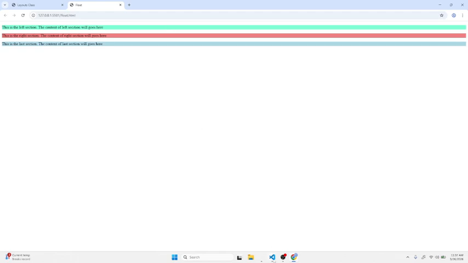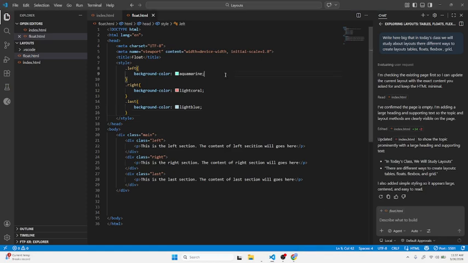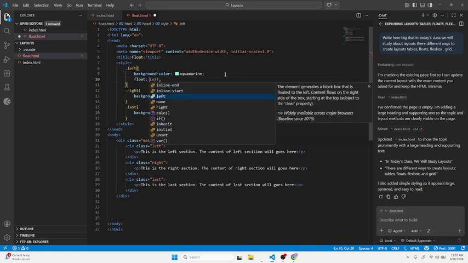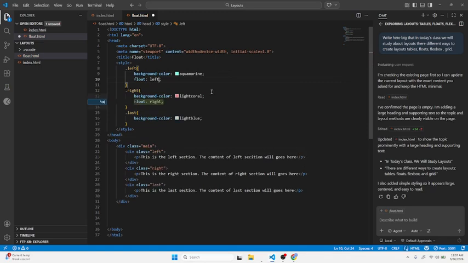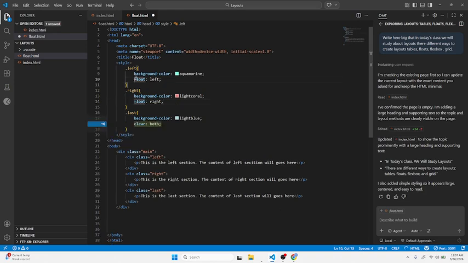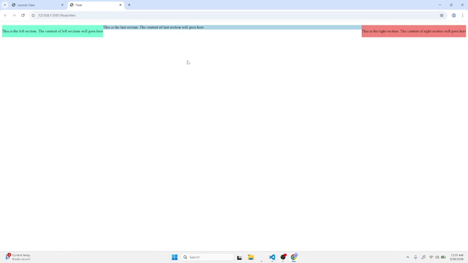So what we have to do is, I will come here and say that my left section will float on the left side and my right section will float on the right side. So I have written two things, float left and float right. What I will do is simply save it, and now you can see something has happened. The left section has gone to the left side. The right section has taken the space on the right side, but the last section has